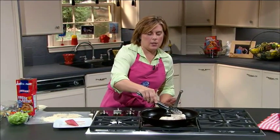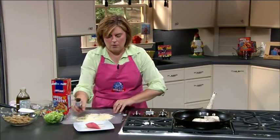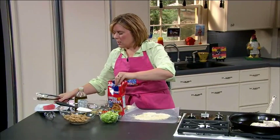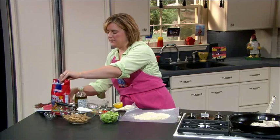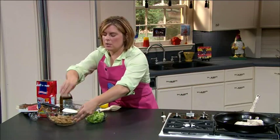So while this is searing, which we only need it to really sear for about 3 minutes on each side, depending on the rareness you want, we're just going to put this over here to the side, and then we're going to make our salad part of this recipe. And we're going to use some great convenience items, and we're also going to use some fresh items. So we're going to start off with